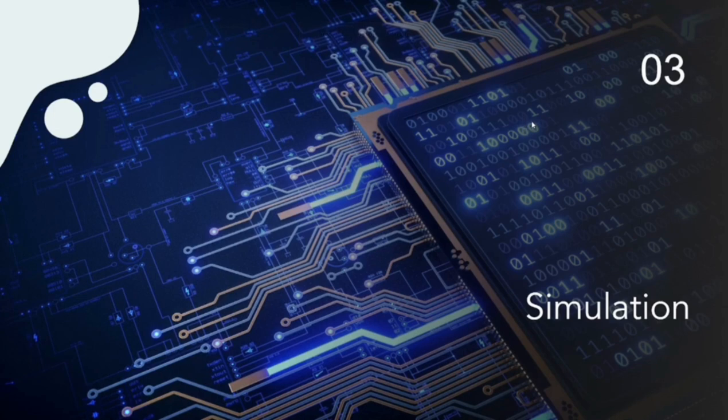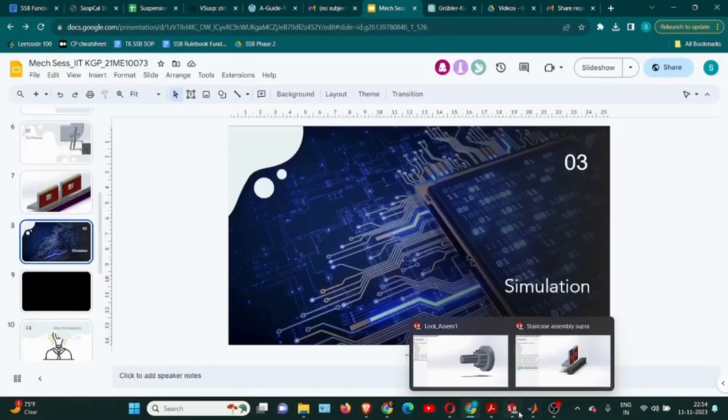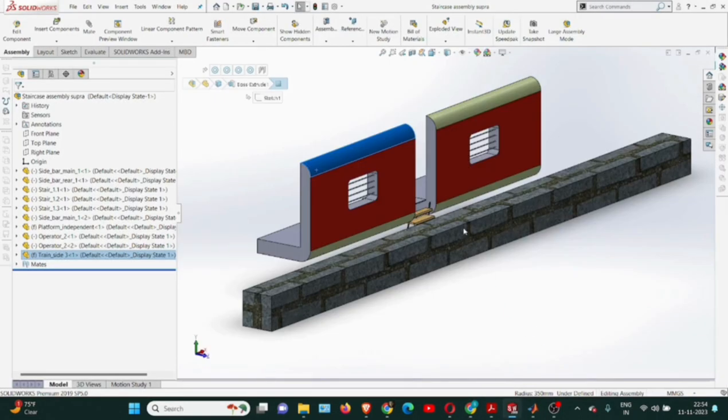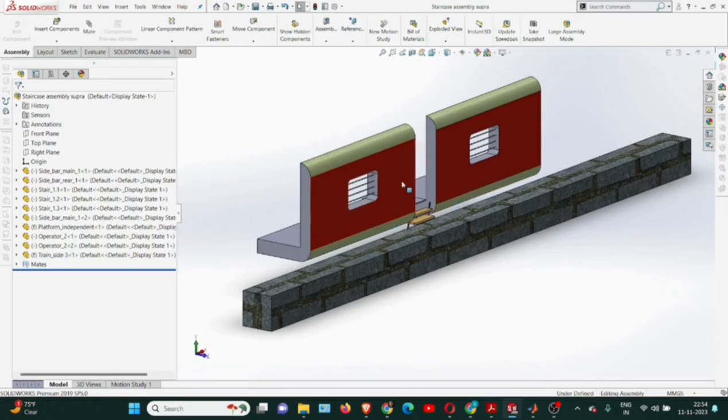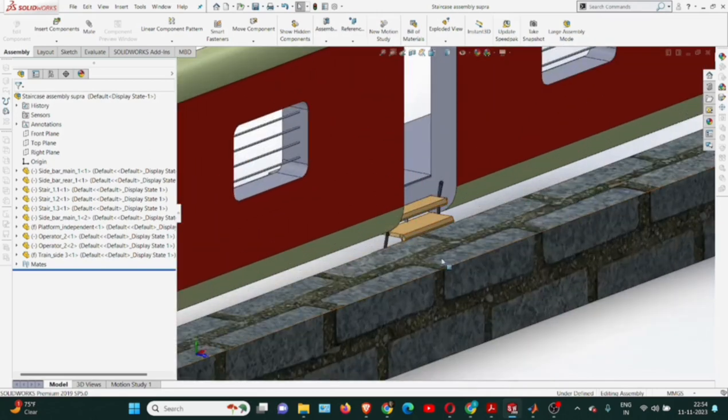Hello, I am Shantan, 21ME10073, and I am going to talk about the CAD model simulation and the constraints that we have considered while making this foldable staircase of the train model. Now, I am taking you back to the CAD model that I have made in SolidWorks. So, this is the total model containing the train side wall, and here is our staircase mechanism, and here is